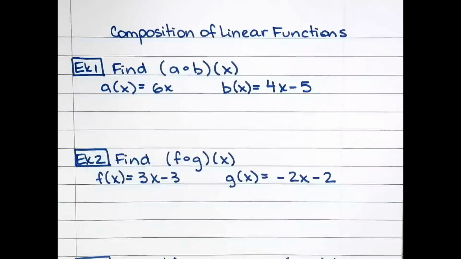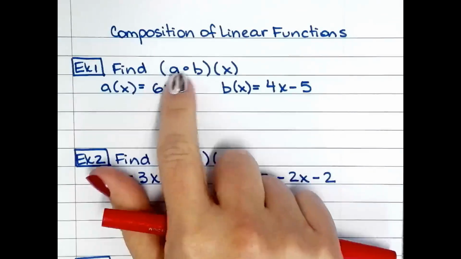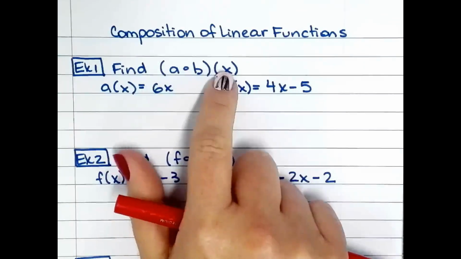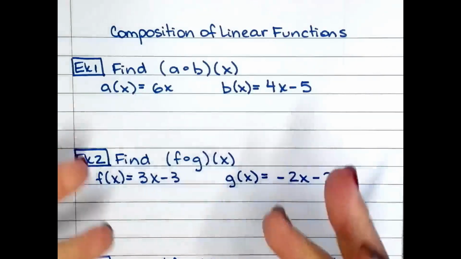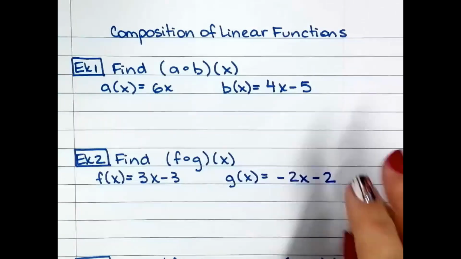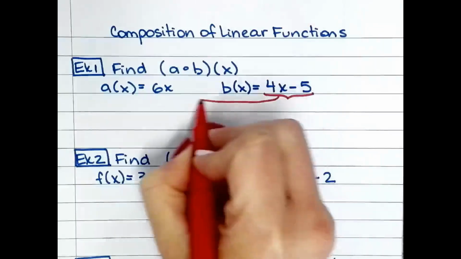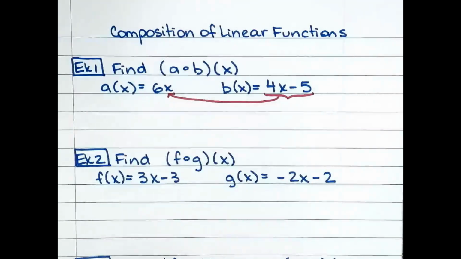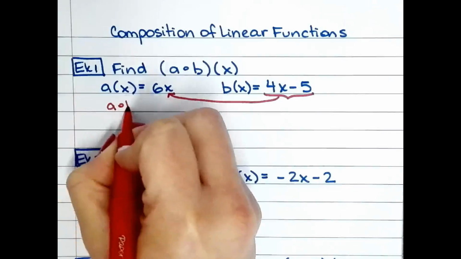Composition of linear functions. The way you read this, we will find A compose B of X. What does that mean? Well, it looks worse than it is. All you're doing is composing a new function. So we're going to take this function, and you're going to substitute that for X. So when you're finding A compose B of X,